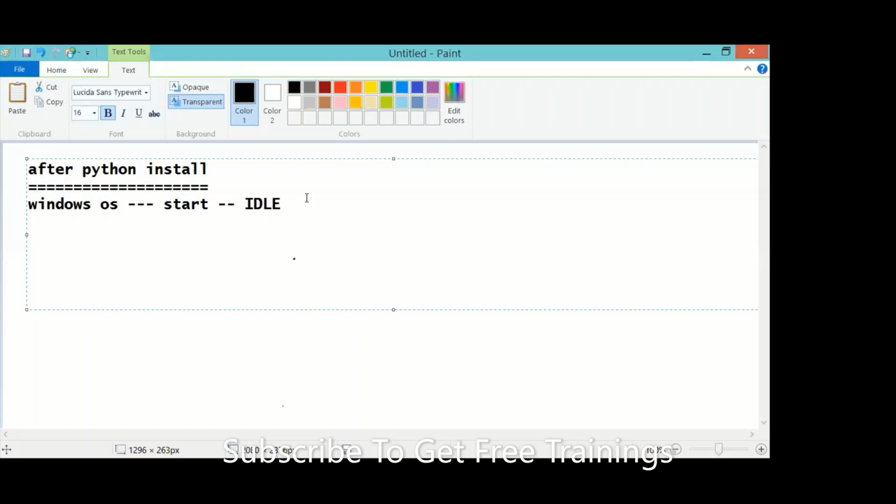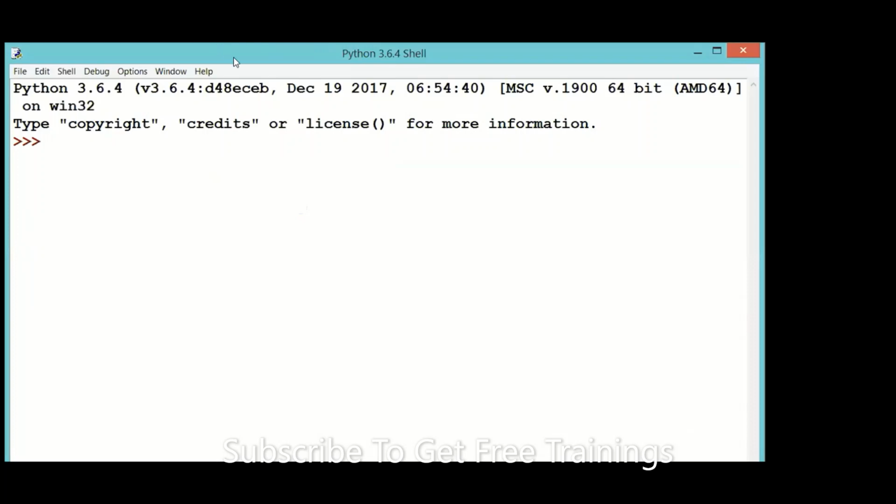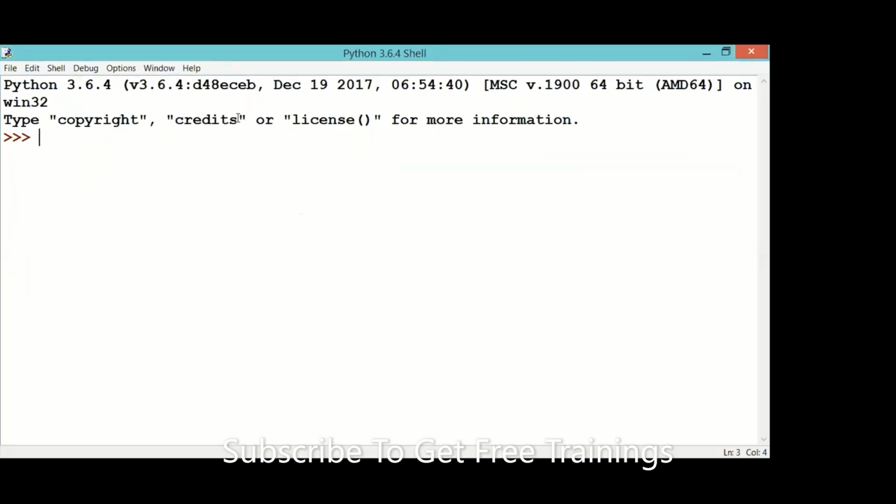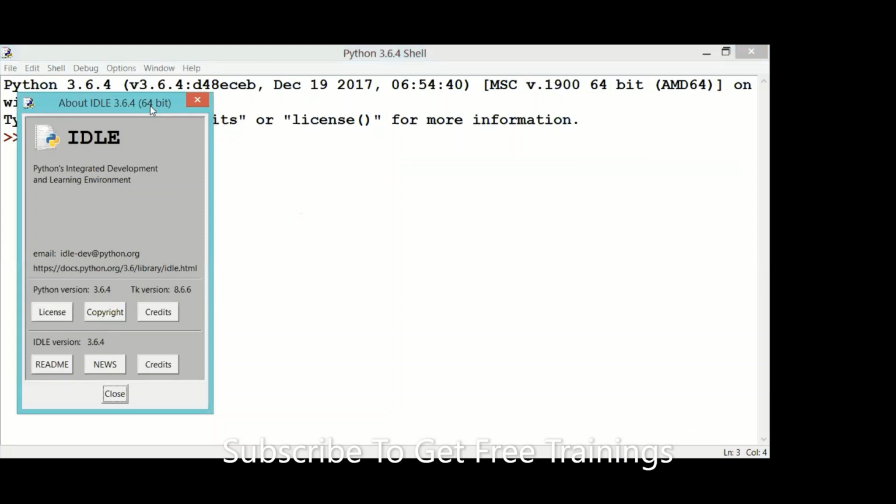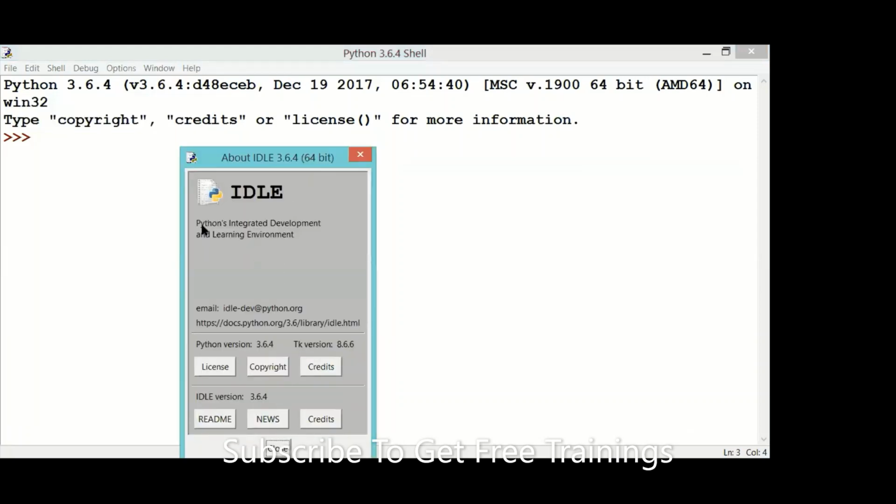Just give me a second. Let me show you that IDLE. Here is the IDLE. Hope you can see it on screen. This is my IDLE. Now, what exactly is this IDLE? Just observe here. IDLE stands for what? Integrated Development